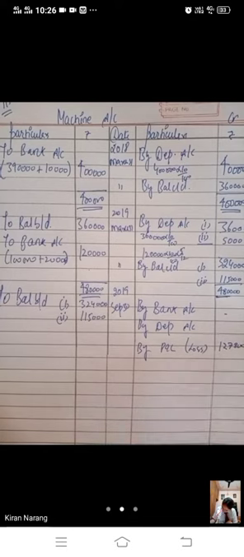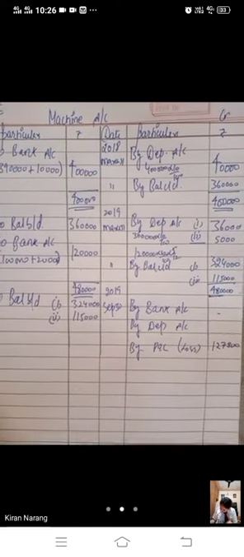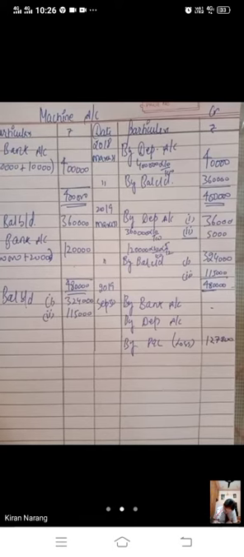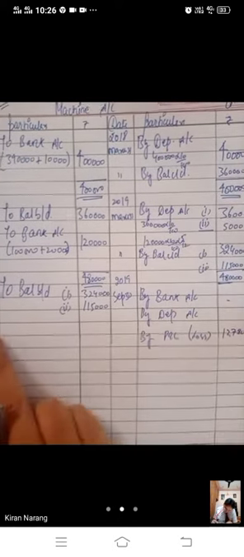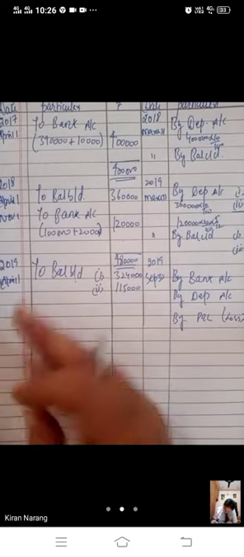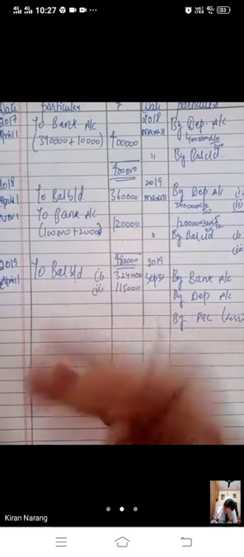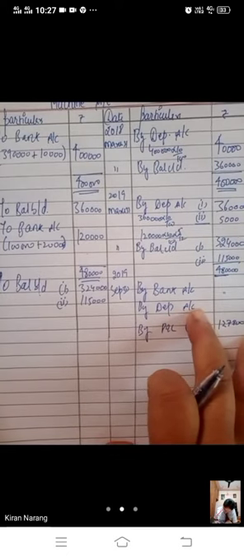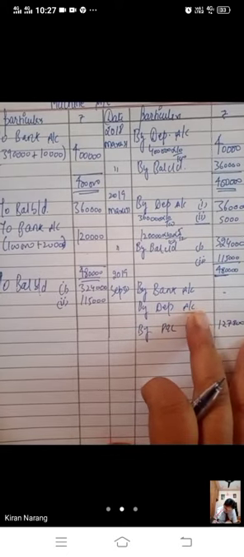1,27,800. You have sold this asset at a loss of 127,800. And how many months have we used it? April, May, June, July, August, September. For 6 months we have used this asset. So we have to charge depreciation for 6 months.